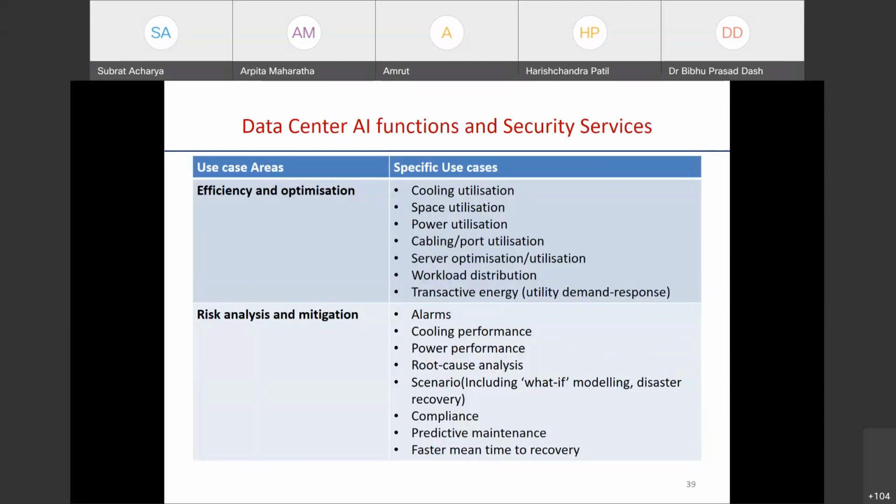So now coming to the data center, how exactly all these operations happen. When it comes to the data center, here we have to see the efficiency and optimization angle. In a data center, a lot of data will be available, like cooling information, space information, power information, cabling, port information, server optimization, and workload. Why I'm referring to all these terms is that each data, like cooling utilization, let us say only one point, cooling information. Why am I feeding this data to my security